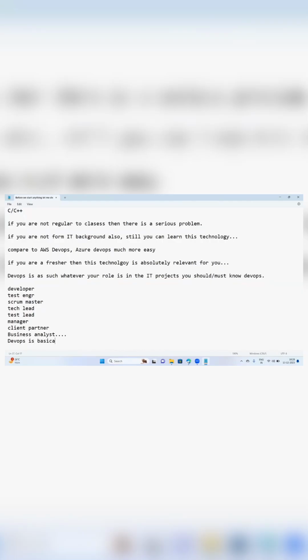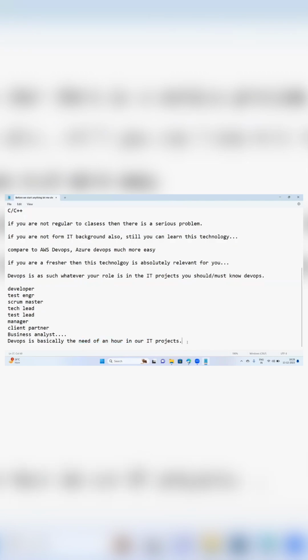So basically, I'm trying to say that DevOps is the need of the hour in our IT projects. Need of the hour means what? In every hour, in every minute, you need DevOps knowledge here.